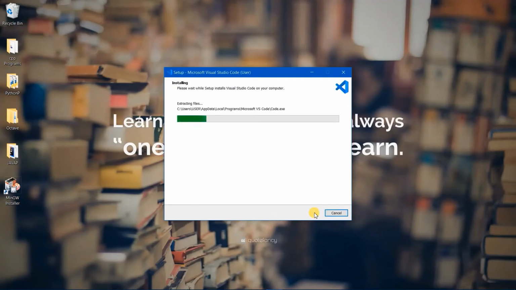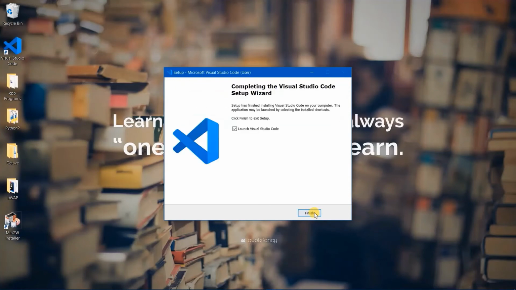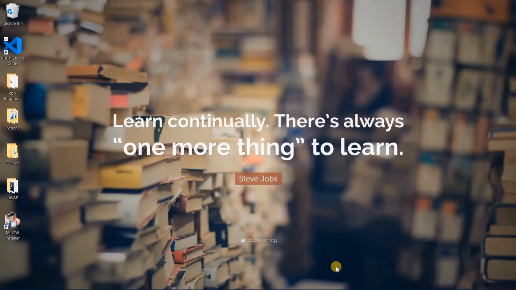So here the Visual Studio Code is installing. Now you can see the path of VS Code as given previously. Okay, also it takes some time, so we will wait here for a few minutes, and it is now successfully completed. So we will click on finish. Successfully downloaded your Visual Studio Code,